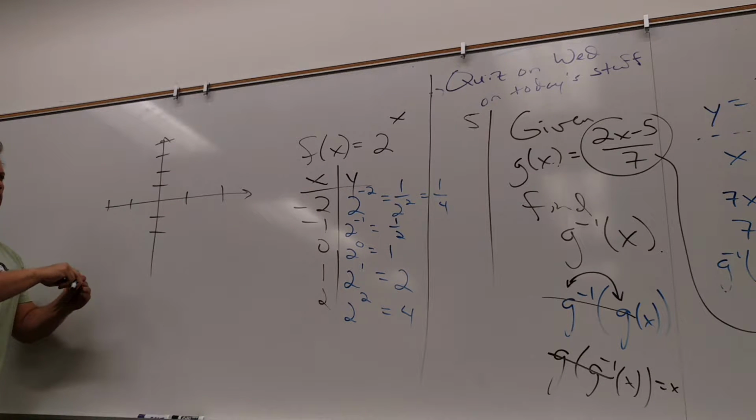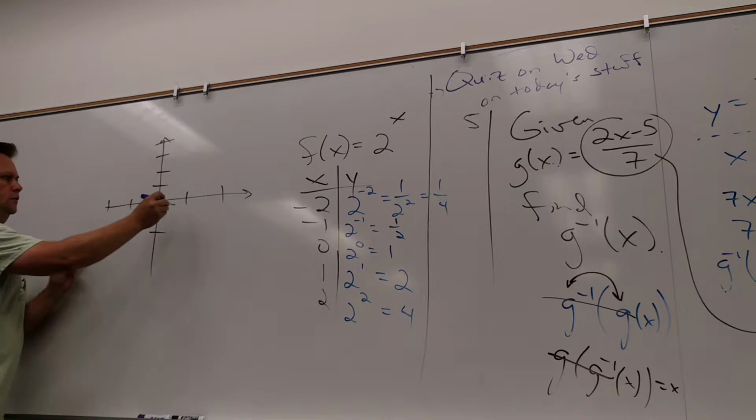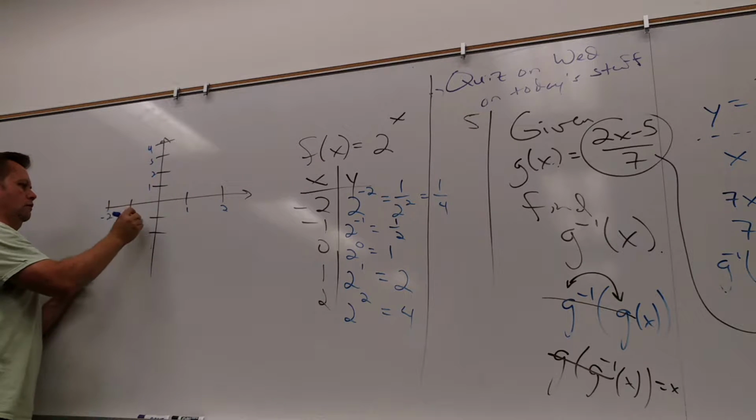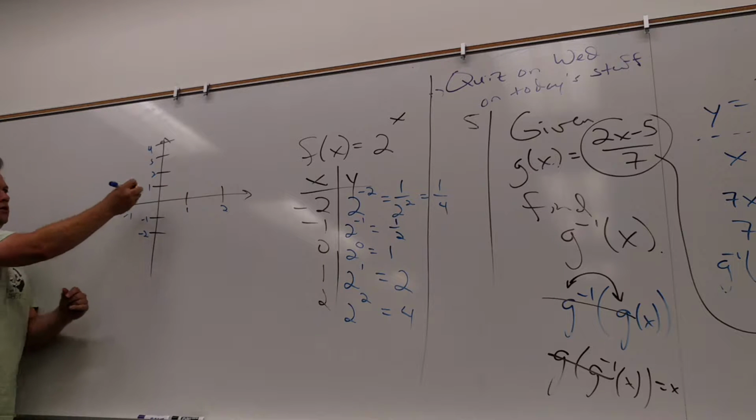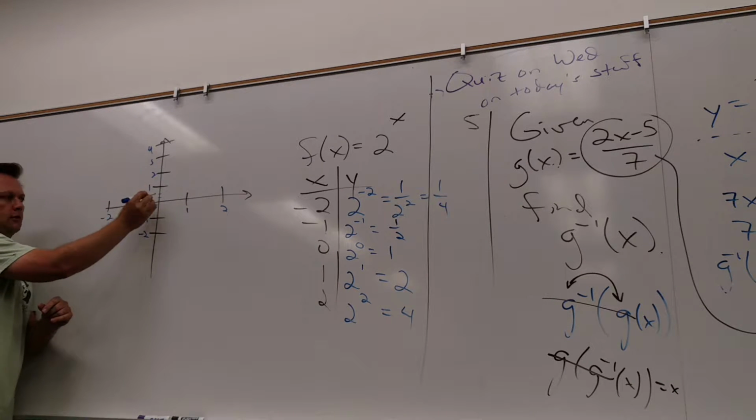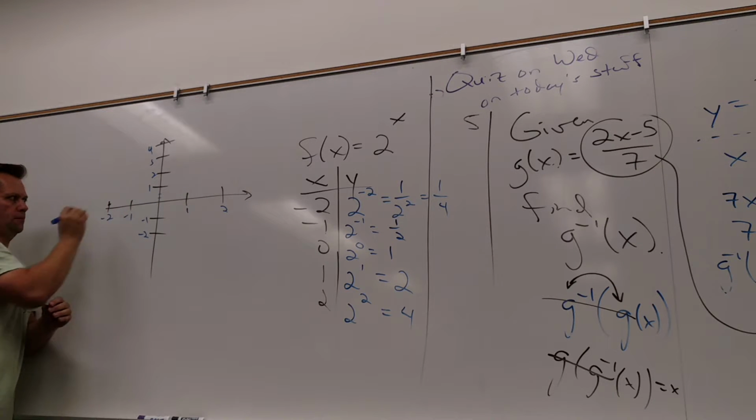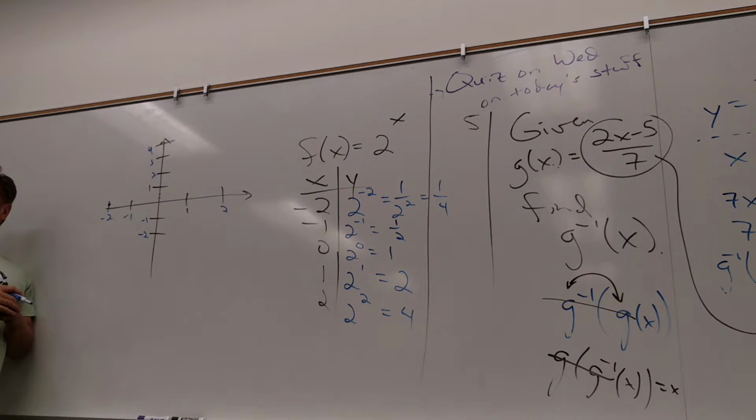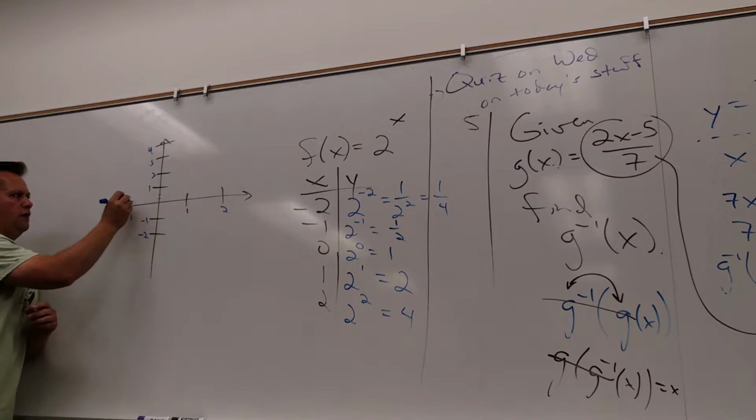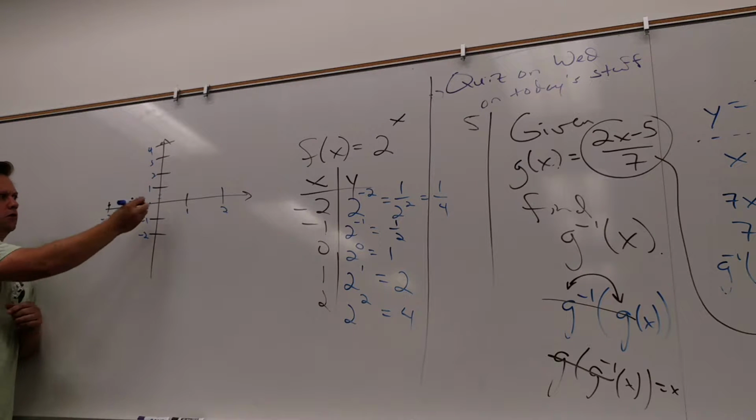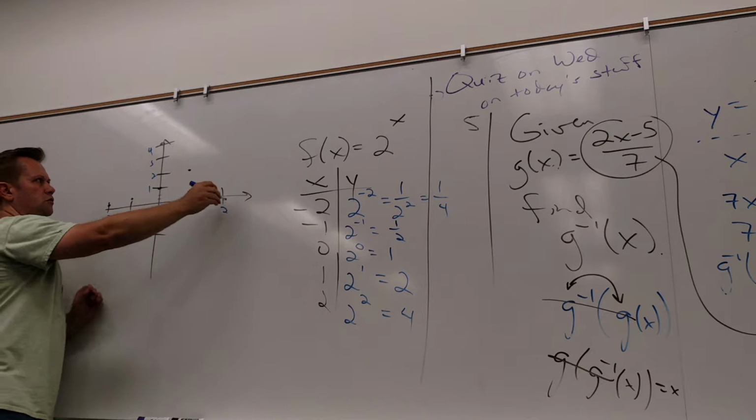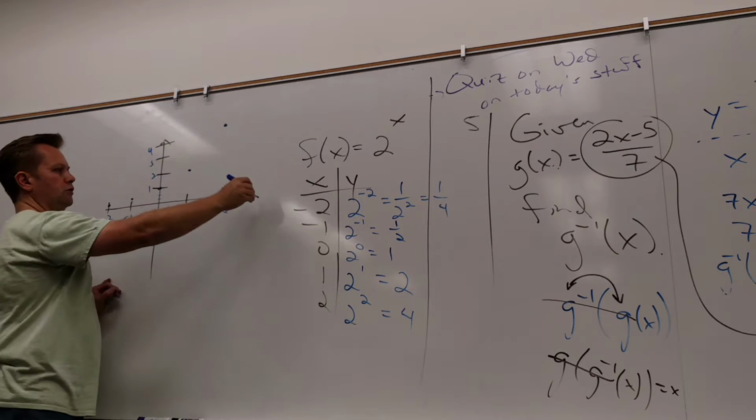Alright, so I got the point. What's the first point I got? Yeah, -2. And then 1/4, you can think of it, here's 1/2, so 1/4 is half of that, so there's 1/4. How we done so far? And then -1, 1/2, 0, 1, 1, 2, 2, 4. 3 would go to